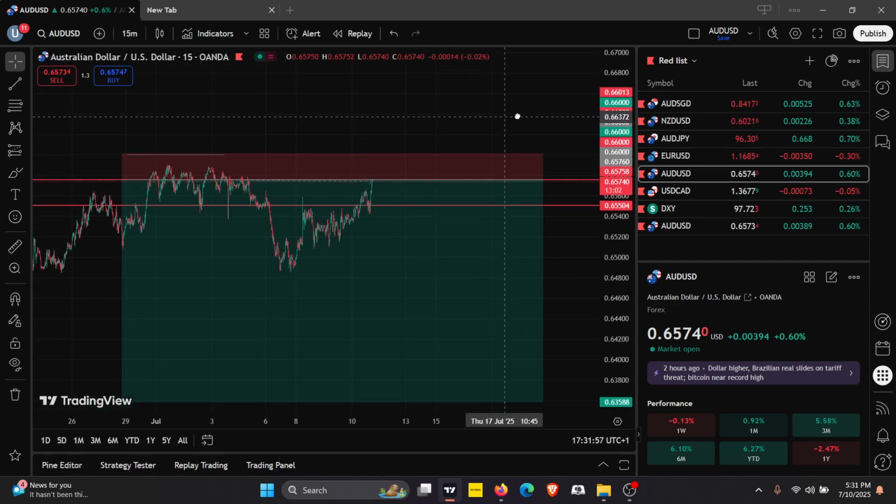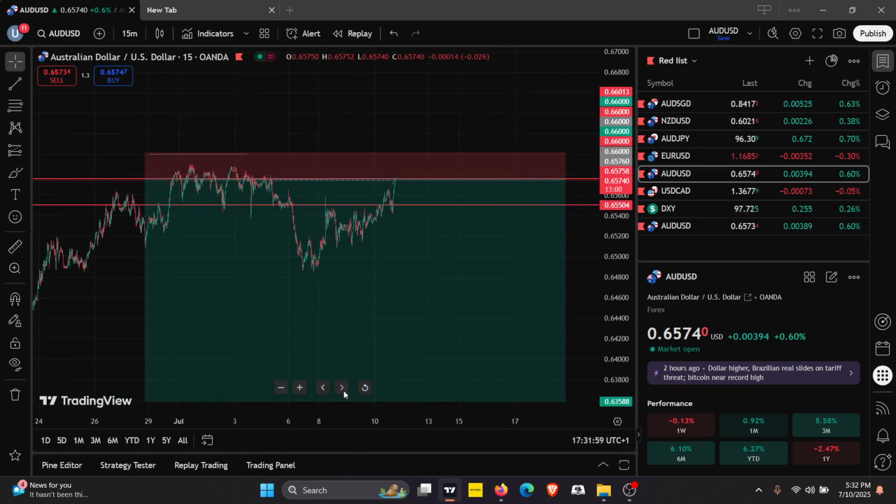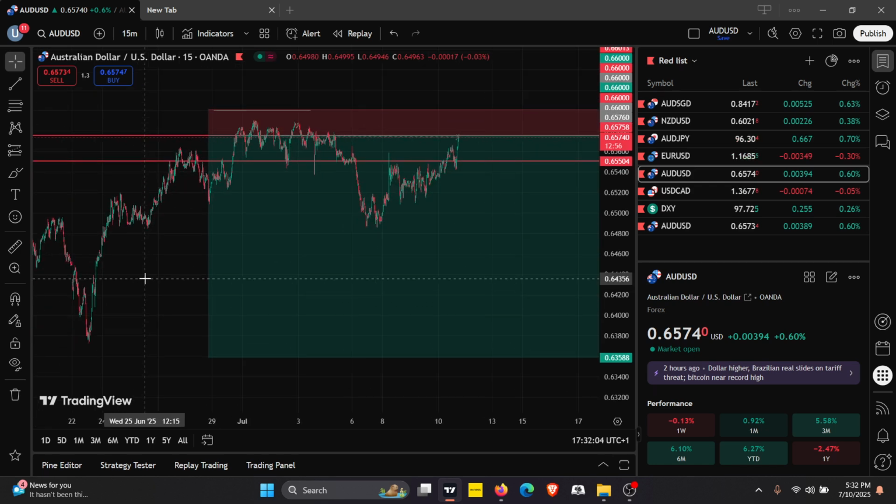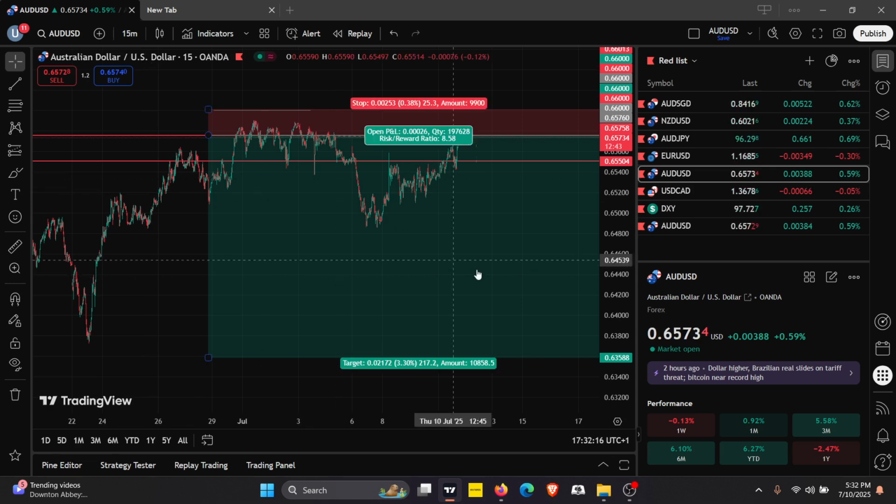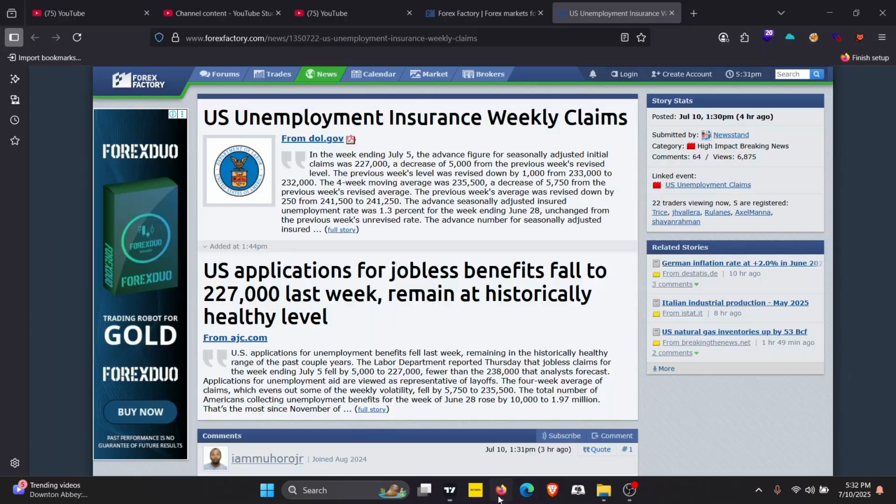Now again, the market will always do its thing. I mean, there's 3 phases in the market. There's always the accumulation, manipulation, and then the trend picks up. Everybody will talk about those 3 phases, but knowing exactly when to jump on a trade is also very important. Of course, we had the unemployment claims today, which happens to be Thursday. After this news, I had the bias that it will be a sell.